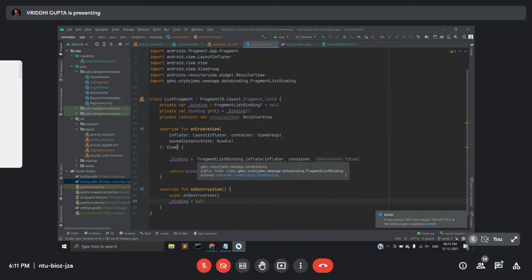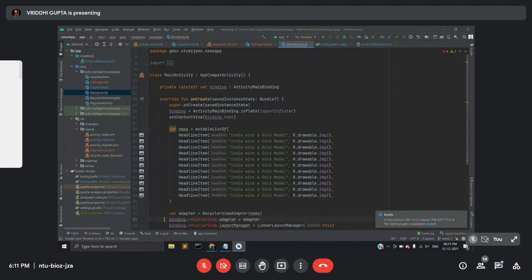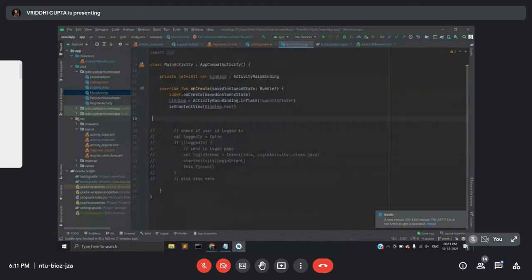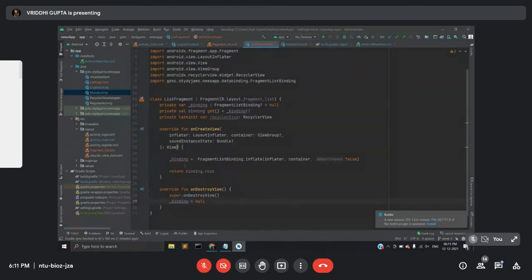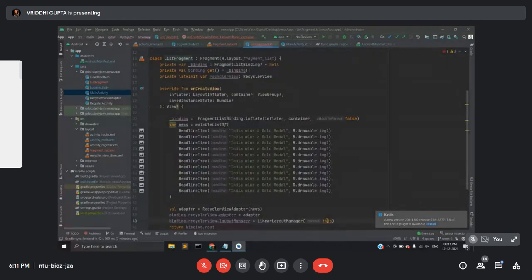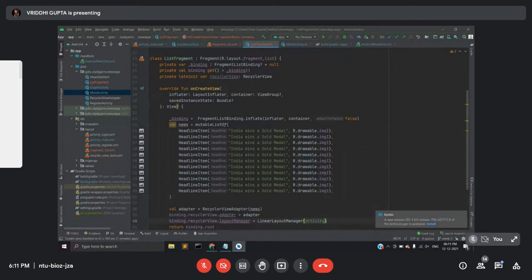Now, as I told you, we need to take the recycler view from main activity to the list fragment. So let's go to main activity code. See, now you can see the errors over here because we have removed the recycler view tag from the XML file of main activity. So we will first cut this out from here and copy paste it under view like this. Instead of this, we need to use activity. This small change has to be done over here. Rest all remain same.